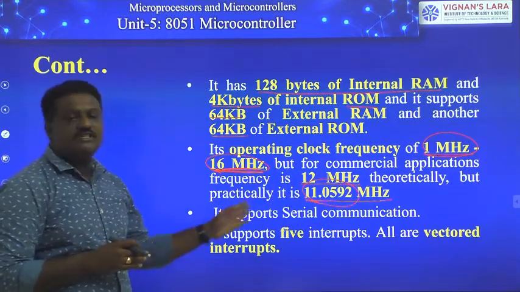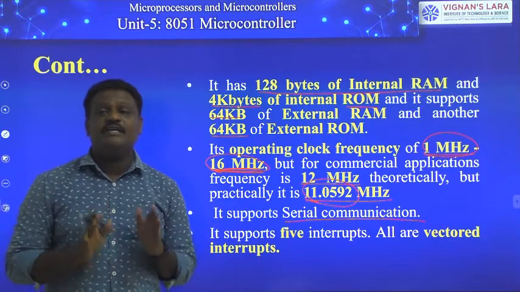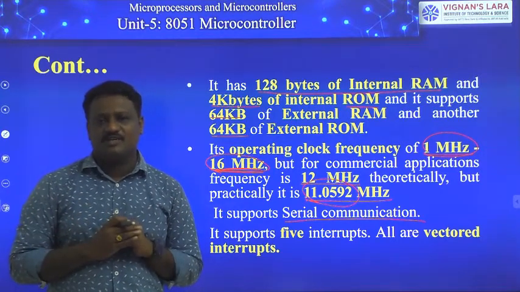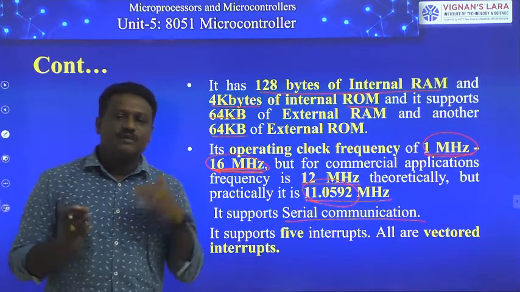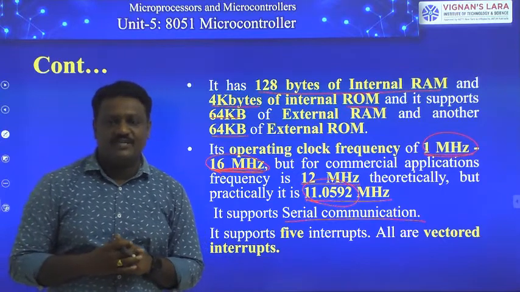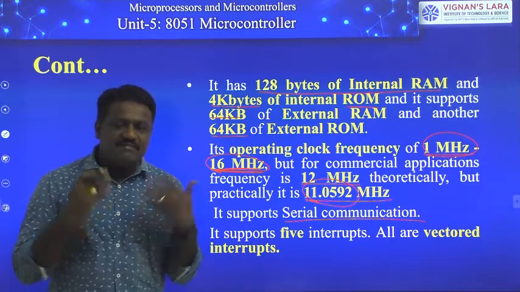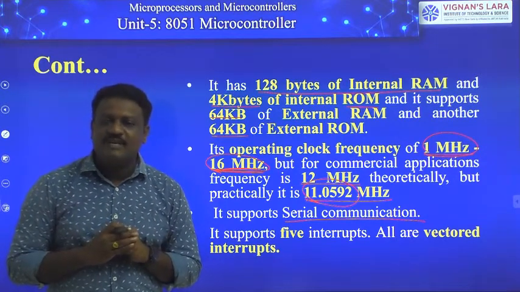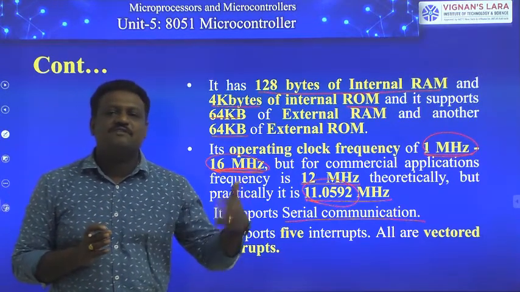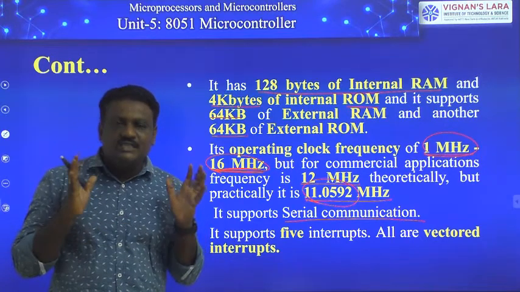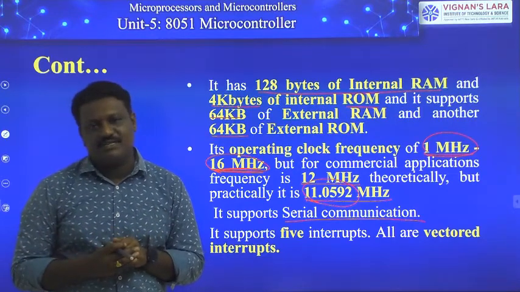And coming to next, it will support serial communication. Generally a processor or a controller supports parallel communication because it has a good number of data lines. With the help of that, your processor or controller can communicate with IO devices right away. But not all IO devices know parallel communication. Some IO devices only know serial communication. That means those IO devices can receive bit after bit or transfer bit after bit. They can't receive or transfer multiple bits simultaneously.